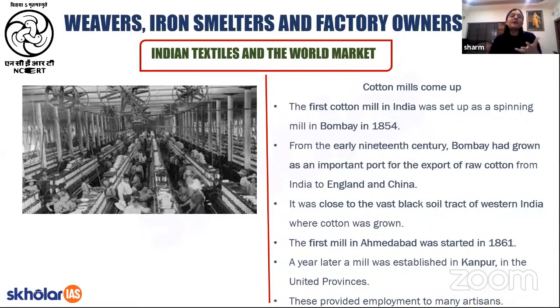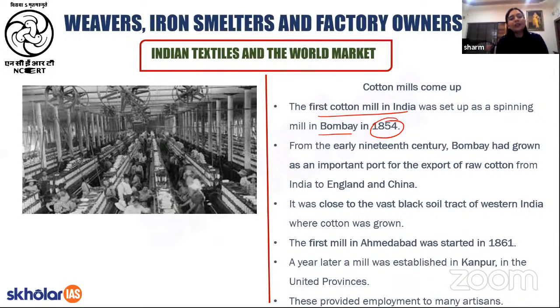Apart from the spur that was given by the national movement to the textile industry, there were also Indians who were business minded, who were industrialists, who had set foot again in the textile market of our country. Having said that, students, you must know that the first cotton mill in our country was set up in Bombay in 1854. तो अभी तक आप इतना तो समझ ही गए होंगे कि 1780 से लेके 1850 तक हमारा डिक्लाइन रहा। 1850 के बाद से इंडिया के टेक्सटाइल थोड़ा सा रिवाइवल होना धीरे धीरे शुरू हो गया और इसी की वजह से इंडिया में टेक्सटाइल की फैक्ट्रीज लगने लगी और जो पहली फैक्ट्री लगी थी वो बॉम्बे में लगी थी